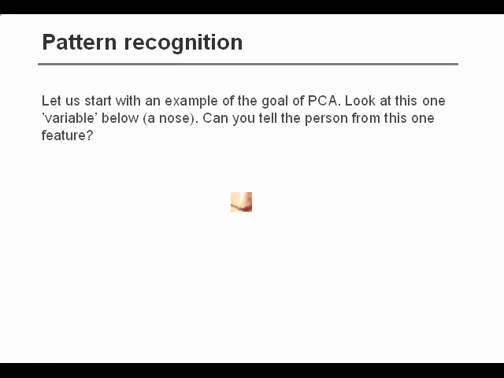Let's start with a simple example of how the brain works. If we want to recognize a face, we usually don't look at variables one at a time. Let's have a look at one variable or one feature below, the nose, and try and figure out who that person might be. That's not very simple in this case,